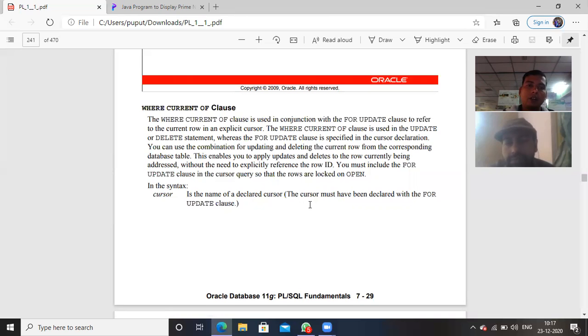the current row in an explicit cursor. The WHERE CURRENT OF clause is used in the UPDATE or DELETE statement, whereas the FOR UPDATE clause is specified in the cursor declaration. You can use the combination for updating and deleting the current row from the corresponding database